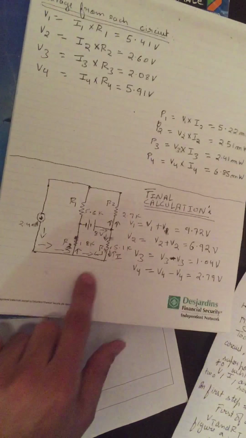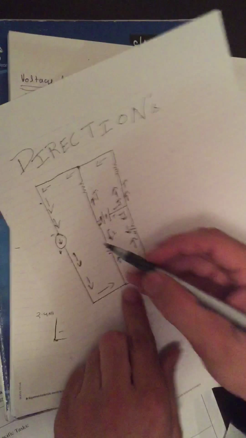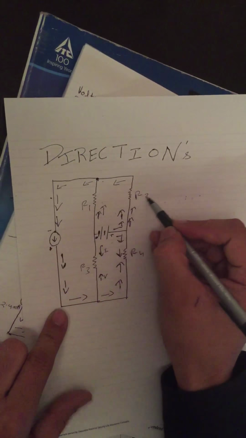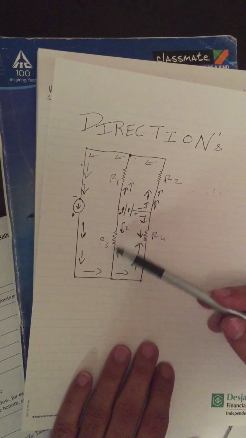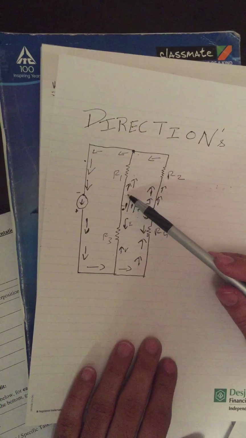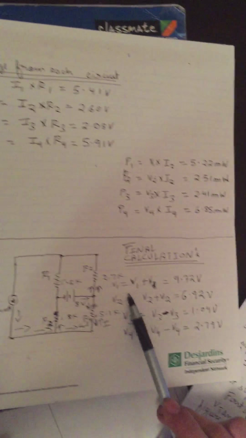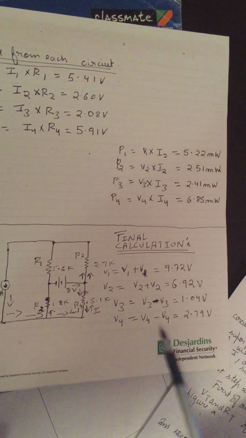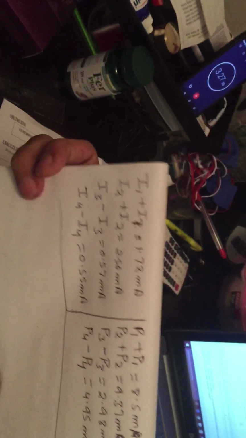Oh, it's a little dirty, and we have the direction here, which clearly indicates that this is for our R3 and R4, and this is our R1 and R2. Here we're going to see that for R4 there is an opposing direction, the same for R3, but in the case of R2 and I2 we have the same direction. So that's so simple. We cannot just add the voltages for R1, R2, and we're going to subtract the voltages for R3 and R4. Same we did for our I. Here we go, and this is our